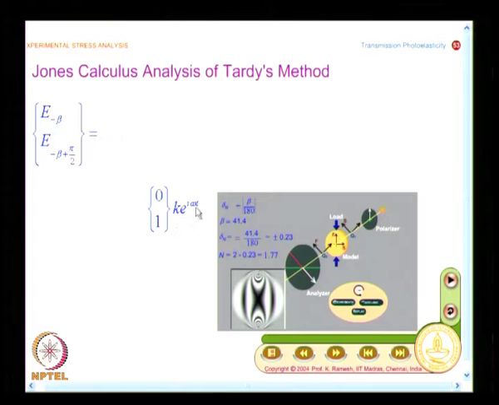So, I have the light that is coming out of the polarizer, then after the polarizer I have the first quarter wave plate, I have the model, I have the second quarter wave plate, then I have the analyzer. Here I also bring in the analyzer, and I also made one more statement. When a fringe passes through the point of interest, we are essentially saying intensity goes to 0. So, that is the condition I will use for me to establish a relationship between beta and delta. That is what I am going to do.